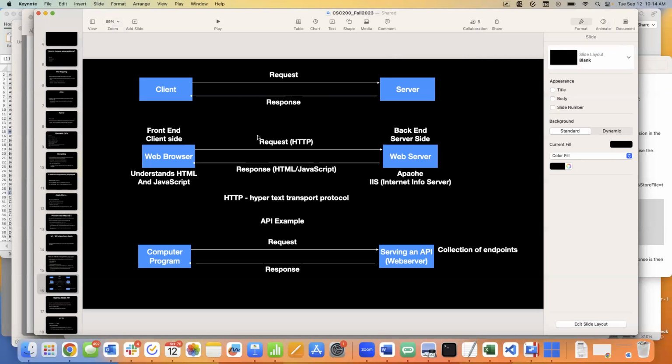Then we dropped down and we said, okay, how does just the normal web-based internet work? When you open up Chrome or Safari or Microsoft Edge, whatever it is, what's that interaction like? We see that it's actually a normal client server model, and I put a couple of vocab terms here for what these things are commonly called. So we have the front end side or the client side. This is your web browser. In your web browser on your computer, it understands two things. It understands HTML, that's the data representation language that makes things look pretty on your screen.